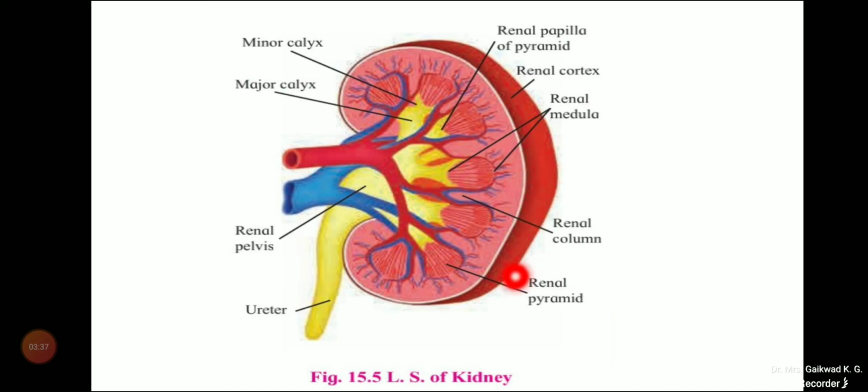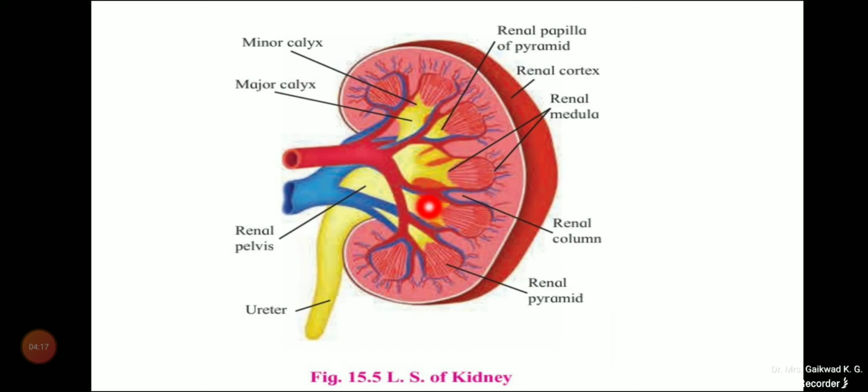But whenever we are dealing with the histological structure, here we are able to see the LS of the kidney. Whenever we look at it histologically, the kidney shows 2 distinct regions within the capsule. So the kidney is divisible into 2 regions. The outer is the renal cortex, and the inner is the renal medulla. So, renal cortex and renal medulla.